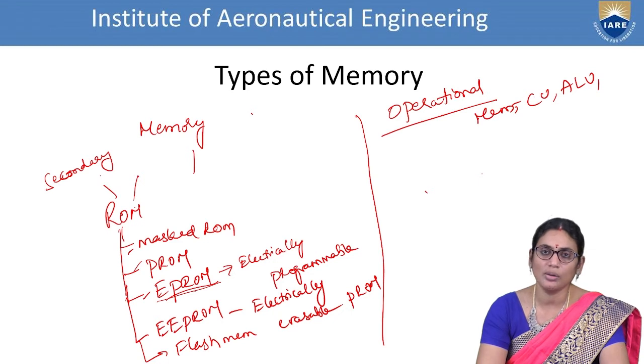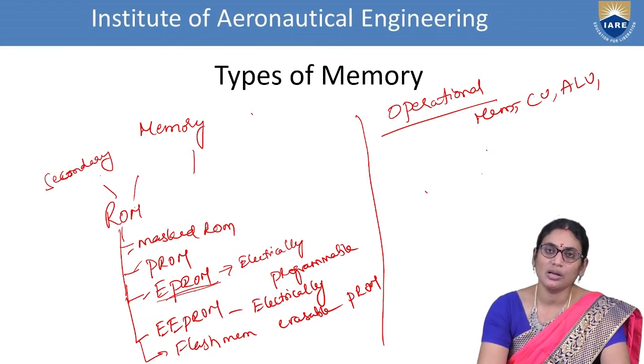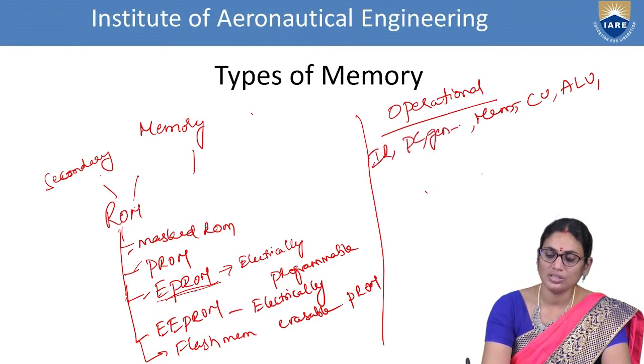One, to store the program and access the information. Second, to redirect the transactions. And third, to operate the transactions. So because of these things, we call these three units the major units in operational concepts. Apart from this, we have some other things like instruction register, program counter, and general purpose registers.